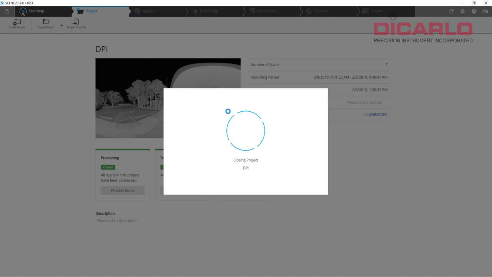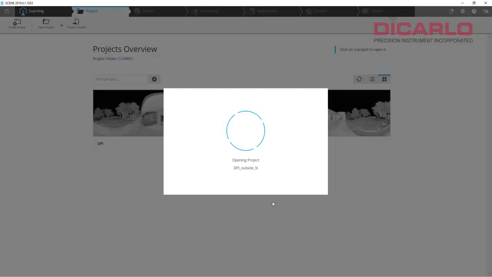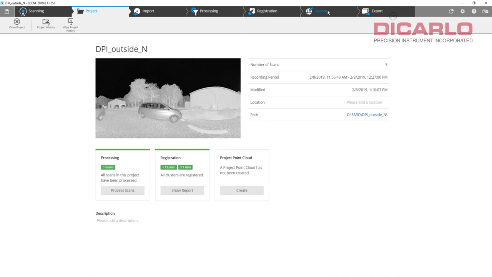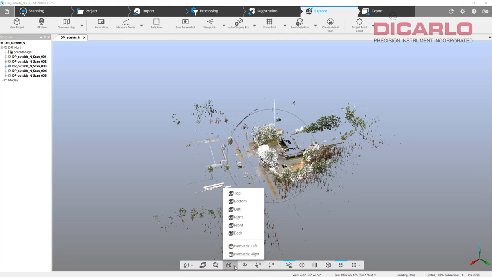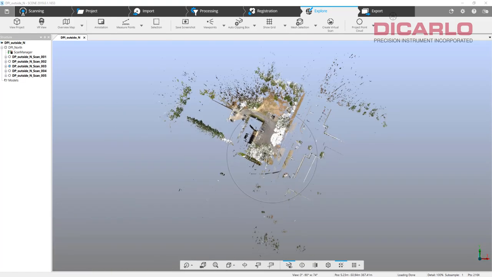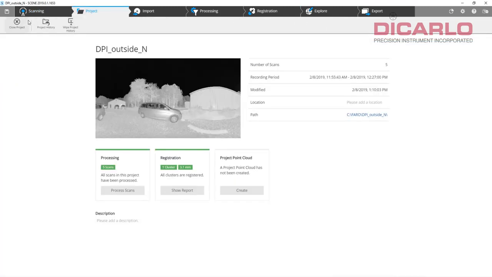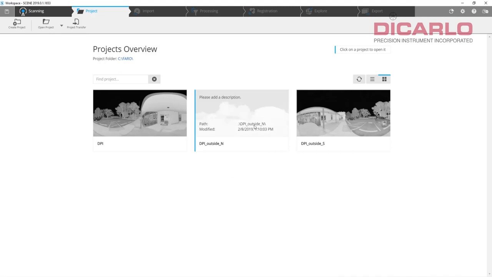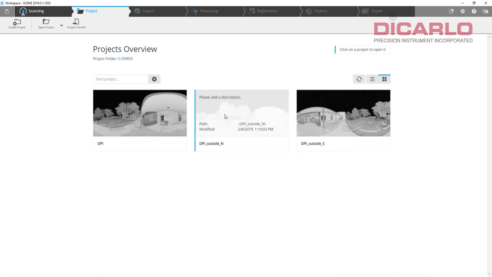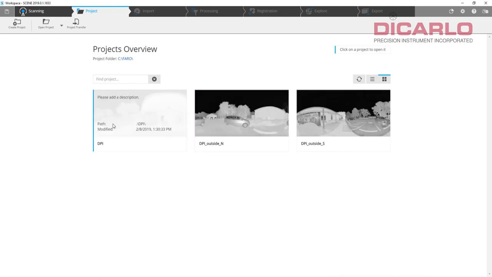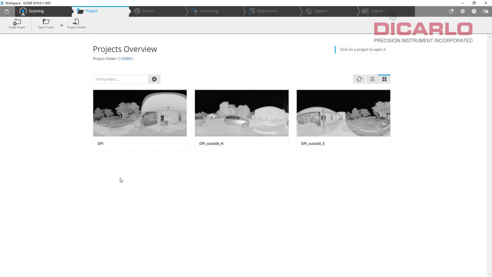If I close this project and I open the next one, this happens to be just our office over here. If I look at it top down here, you'll notice that the rotation is wrong, completely kind of off, not even in the same range either. But this is essentially the outside, that's why it's called outside. And the other is actually the inside. So because I want to make sure that these two, outside, north and south, rotate in properly into the old project without actually moving it,